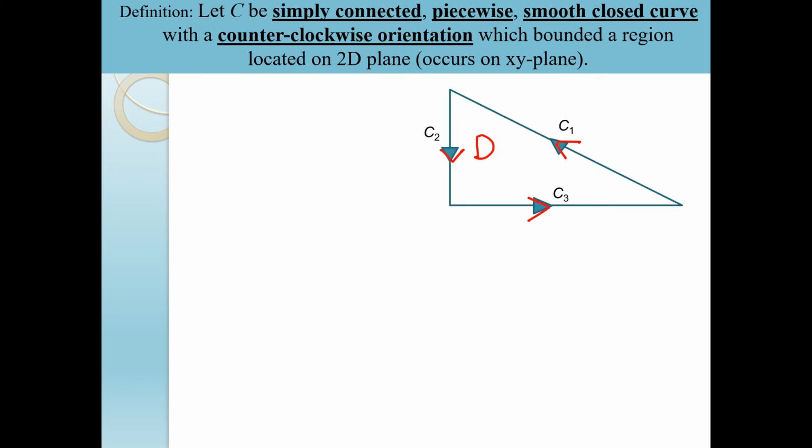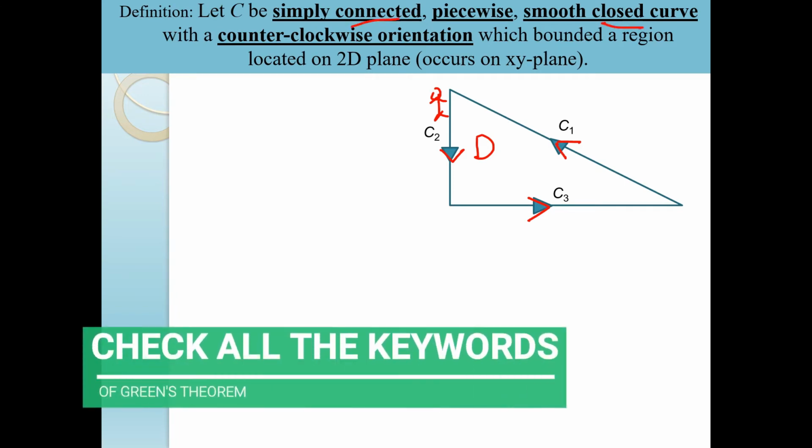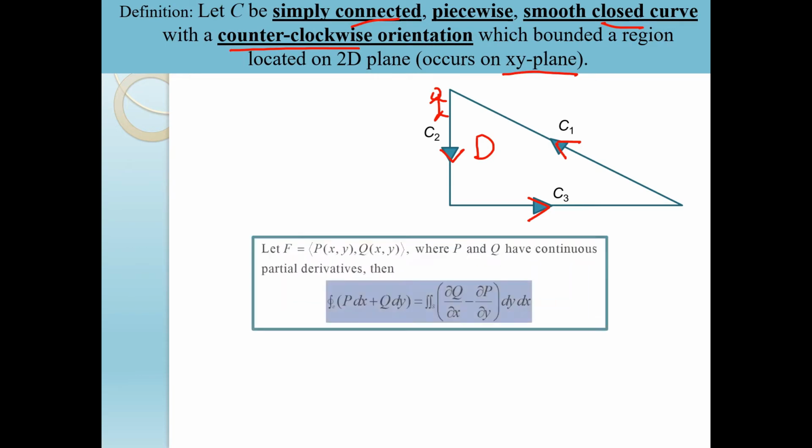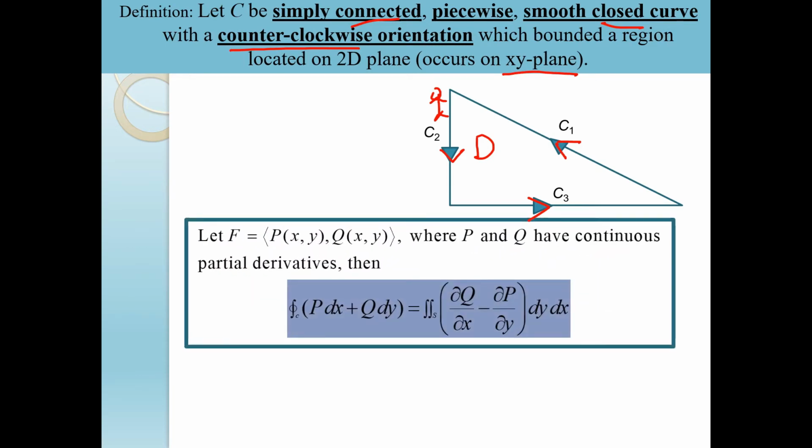So that means if we have an object moving on this curve, the object has to move in the counterclockwise orientation. Alright, so the keywords here are the curve has to be connected, has to be closed, and also counterclockwise orientation. And one more thing, the curve has to occur on the xy plane only. Alright, so based on these properties of the curve involved in Green's theorem,